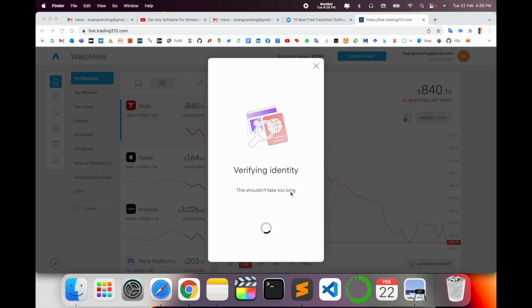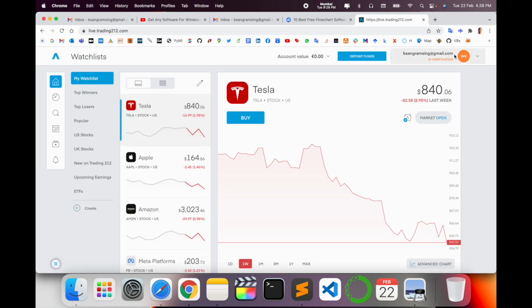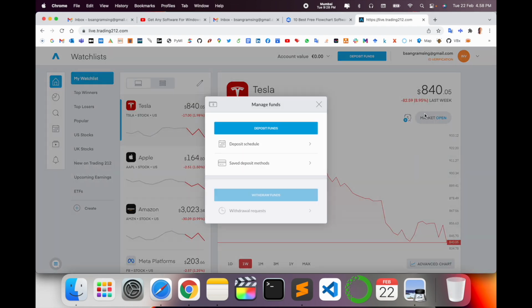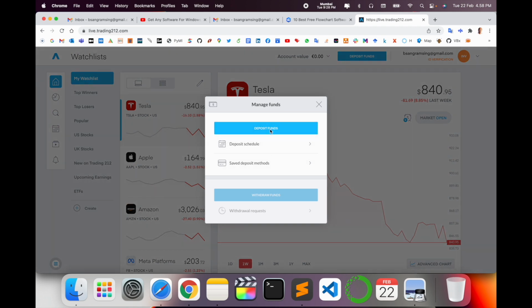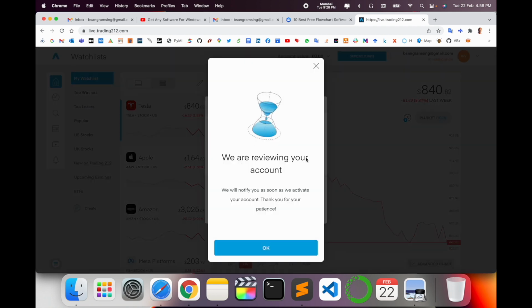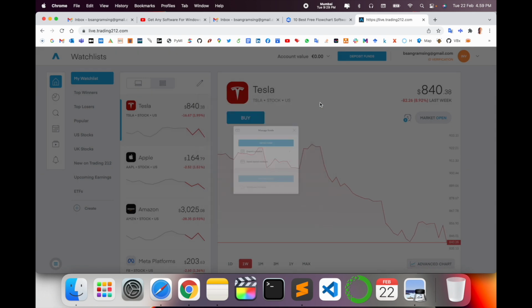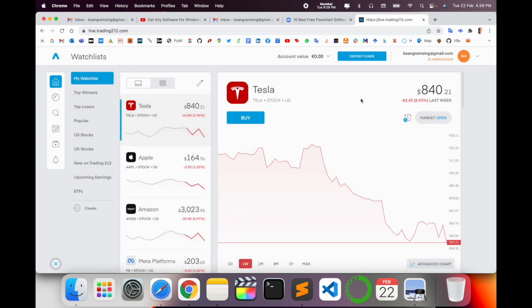For the verification, it takes some time to verify. So in your account, you can see related information, you can manage your funds, deposit funds, simply deposit funds here. We are receiving your account. Okay, first of all you need to verify your identification, and then you can very easily deposit money here, and you can